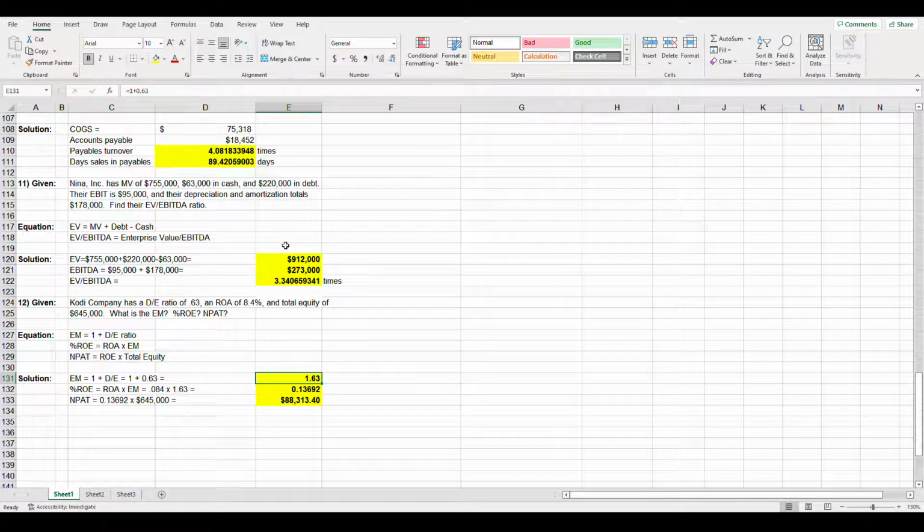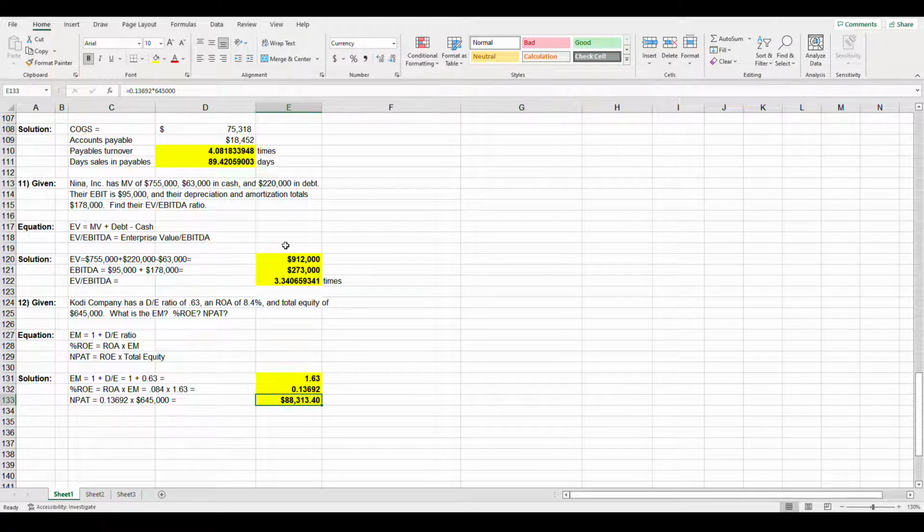ROE is ROA times equity multiplier, which I had flipped. It's assets over equity. So the assets cancel out, and I'm left with return on equity. So 0.084, which was given ROA, and the equity multiplier, which we calculated in the prior cell to be 1.63, and I get an ROE of 0.13692,